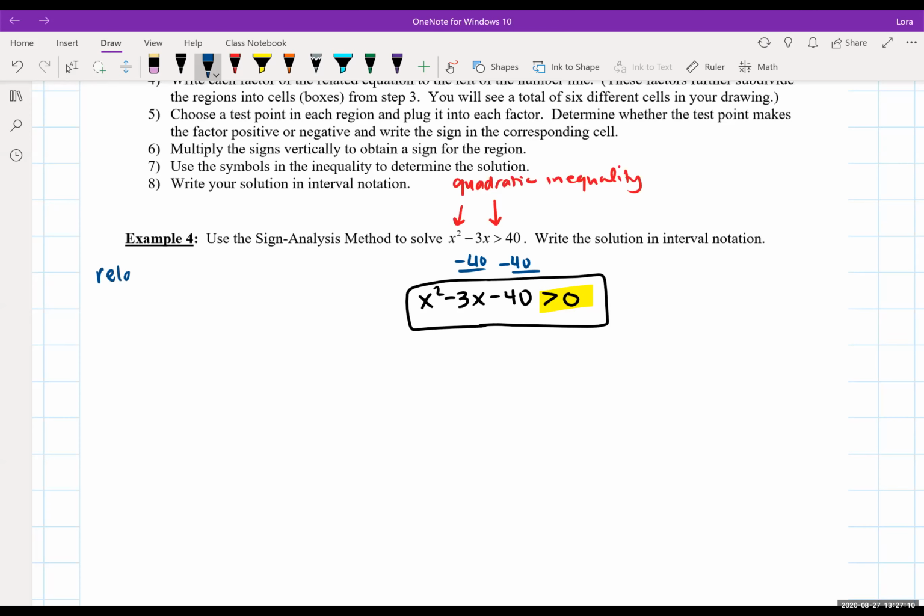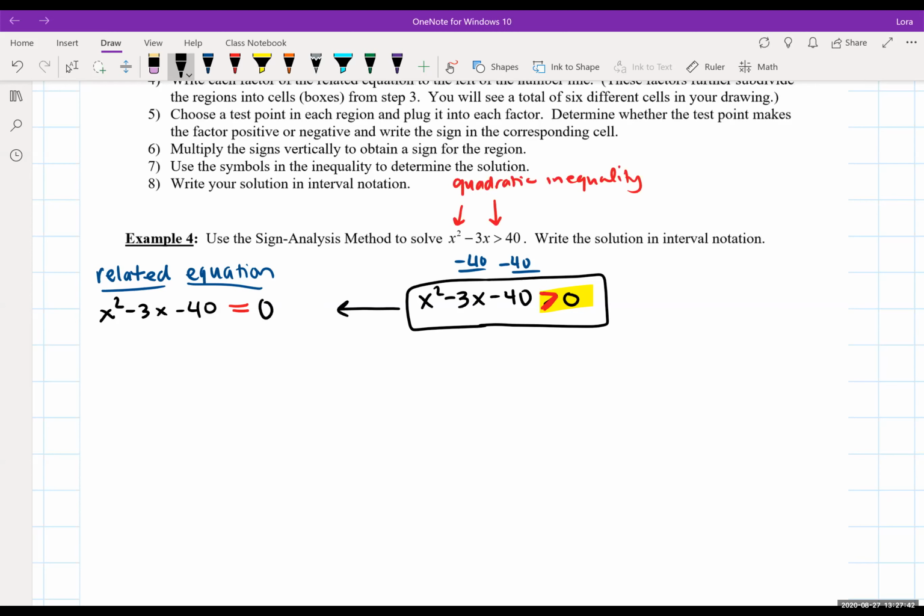When I mention the related equation, what I'm referring to is if you took the inequality, x squared minus 3x minus 40, and instead of using the inequality symbol, you use an equal sign in place of the inequality symbol, still being compared to 0,